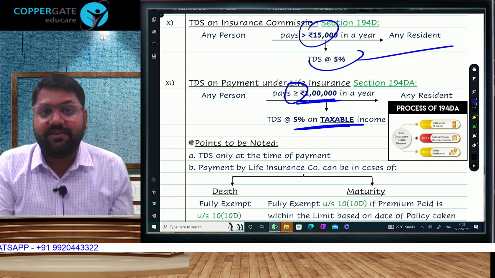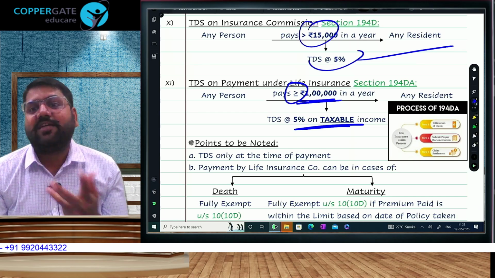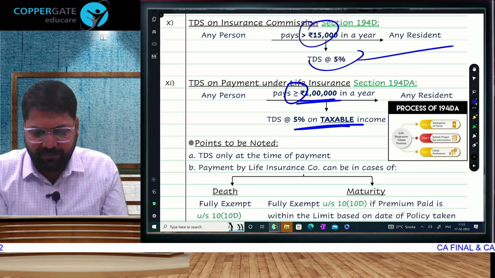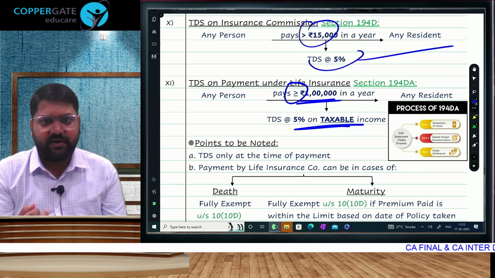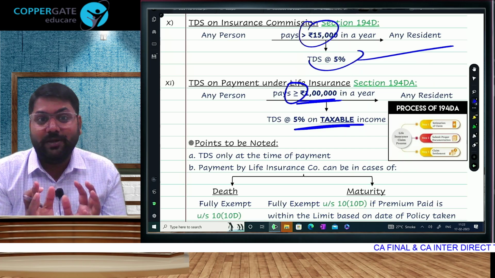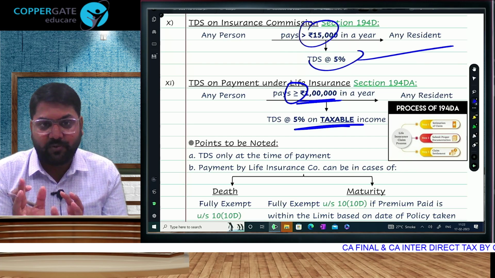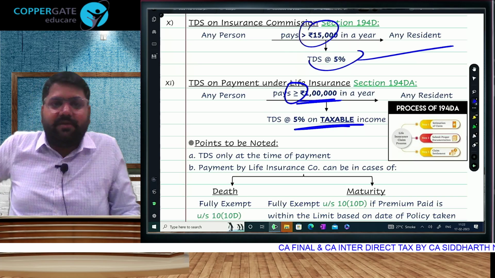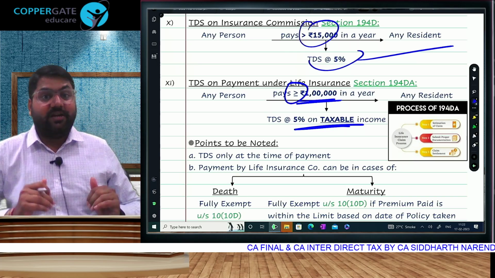देखो life insurance company से when we get payment, एक तो death cases में it is fully exempt. Maturity cases also, go check. Maturity cases में if your premium is within the limit 20, 10 or 15, so it is exempt. And now we also know कि वो ULIP का part है. ULIP issued on or after 1st Feb 21 has to be with the premium within the 20, 10, 15 limit plus the premium has to be up to 2,50,000. Otherwise the maturity will be taxable.